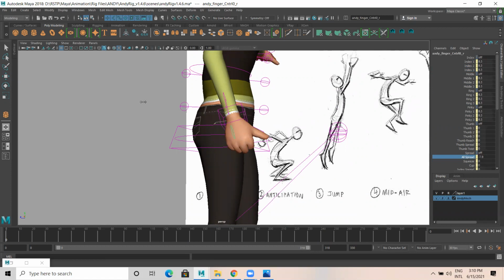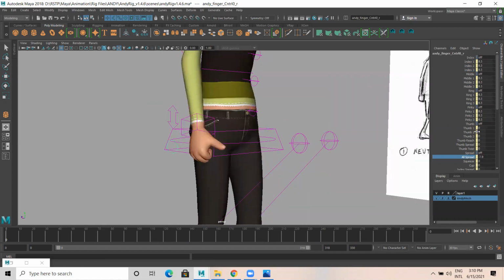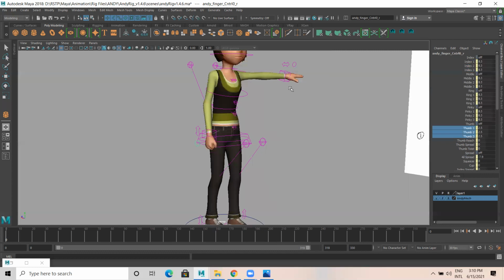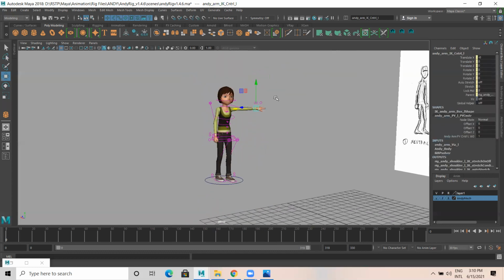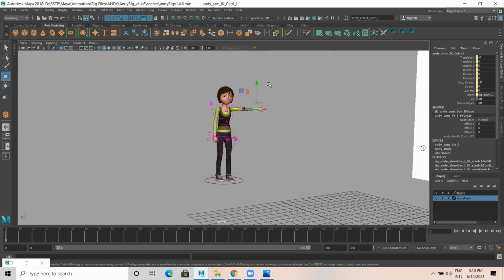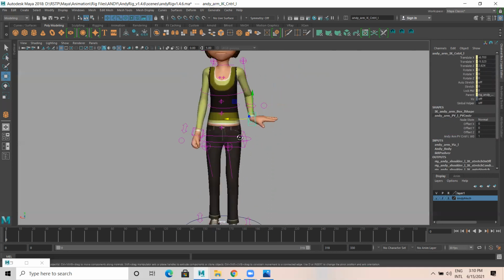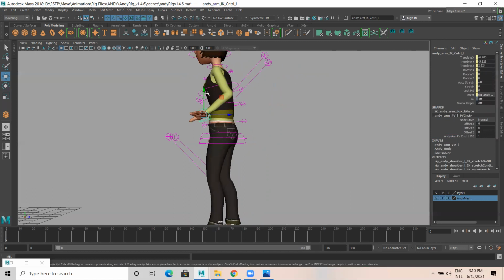I want this to be closer, and you've got the thumb. It's like this. Then the other hand, I select this. It's like this.